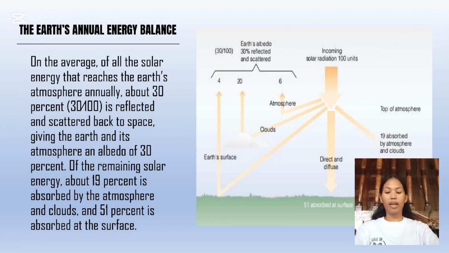So, in ang example, sa 100 units of sunlight that reaches the top of Earth's atmosphere, ang 30 units ma-reflect back into space by clouds, ice, and the Earth's surface. And ang 51 units ma-reach sa Earth's surface which warms the ground and the ocean. This means that about 70 percent of sunlight that reaches Earth gets absorbed and warms up. This is how the Earth gets energy to support life.